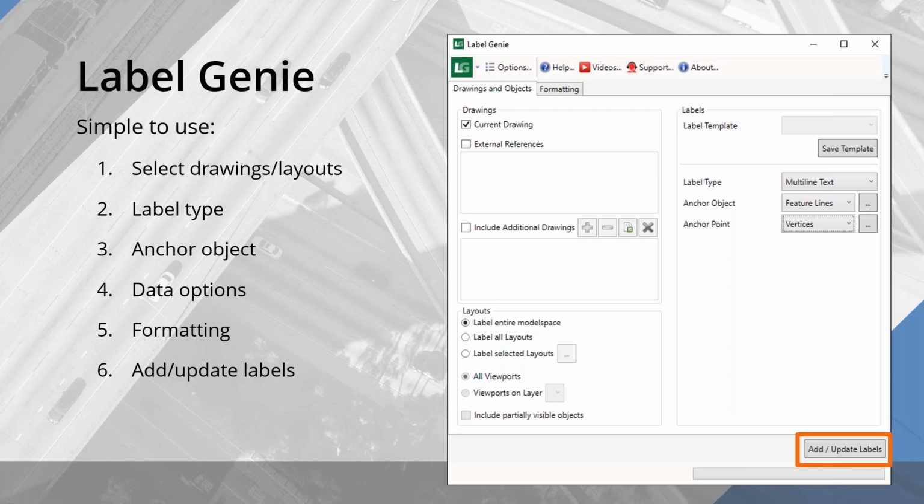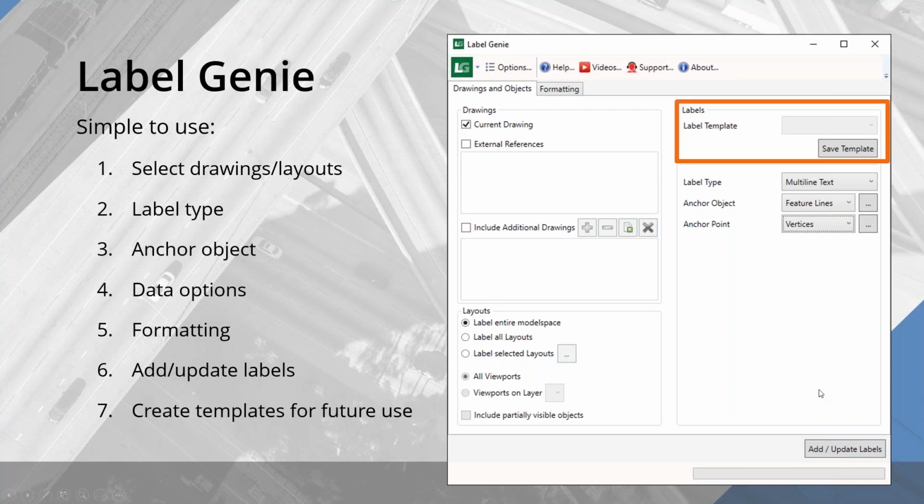So Label Genie doesn't just take labels and add them to your objects. When there's changes to your drawings, right, and it's all day, it's not like we just draw something once, model something once, label it, and we're done, right? We've got dozens of iterations. If you chose a particular labeling scenario and then you run this again and you already labeled it, but now you have additional objects or changes to those objects, Label Genie will adapt and refresh your label set to match that criteria. And because there are a lot of properties,